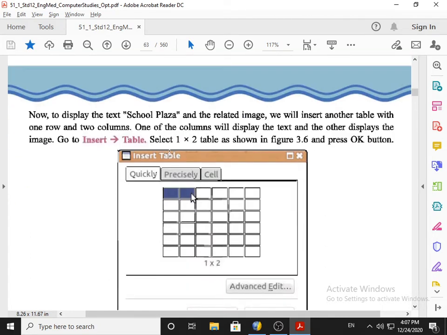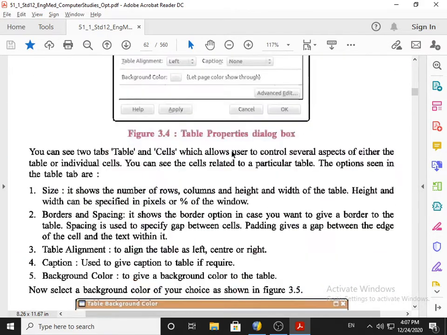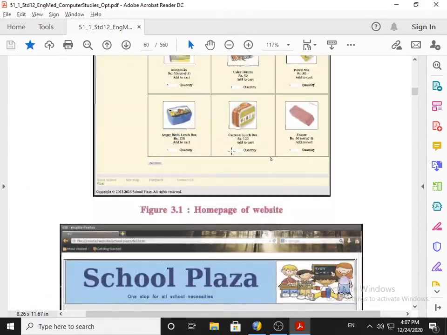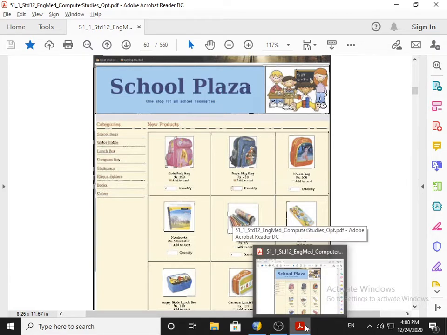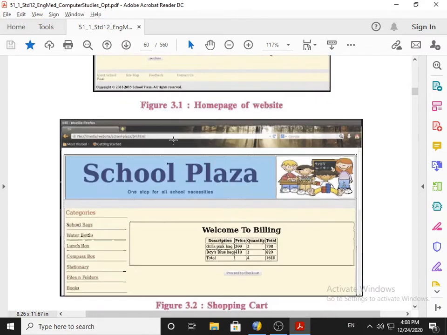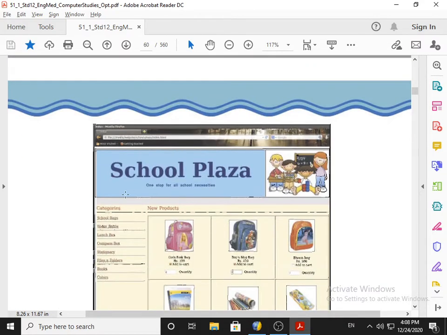Okay, now to display the text, because see what we want to do is we want to create exactly like this: School Plaza, photograph and the text. We want everything as it is. So what to do? We need to prepare one more table, because this is gray color table. You can able to see this is gray color table, and this is another table with two columns.